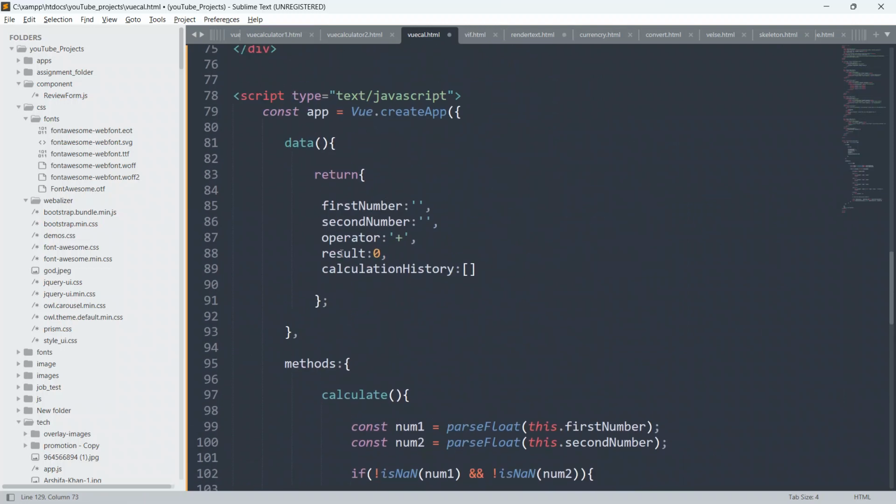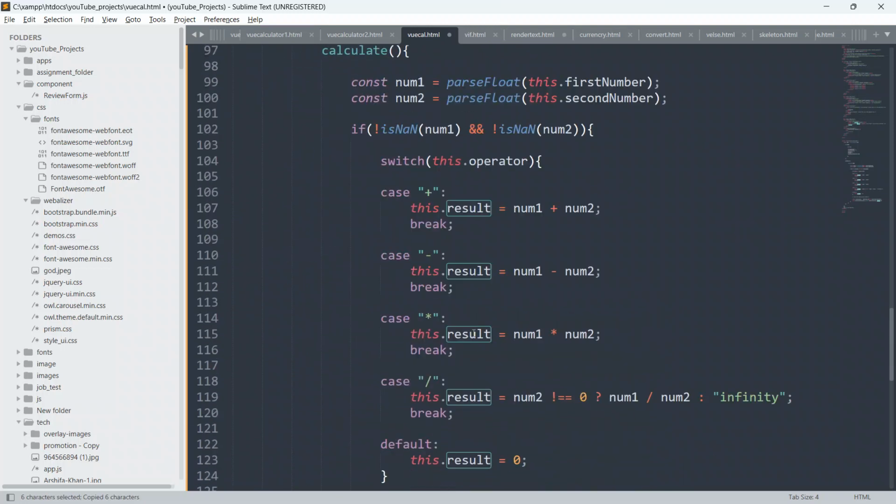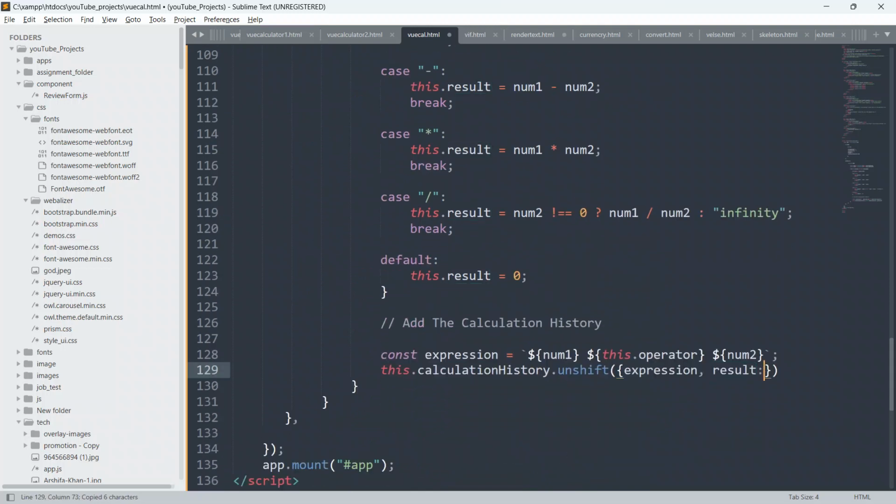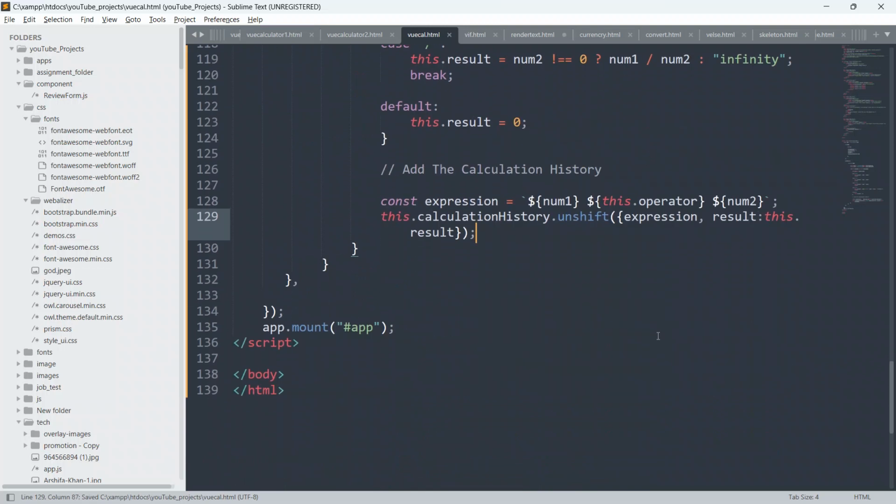Copy it from here. So guys, in this way I have created the object.